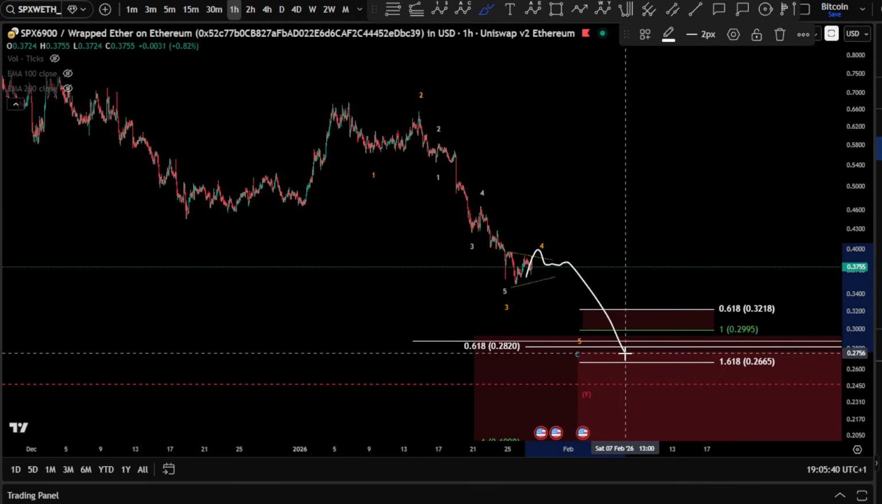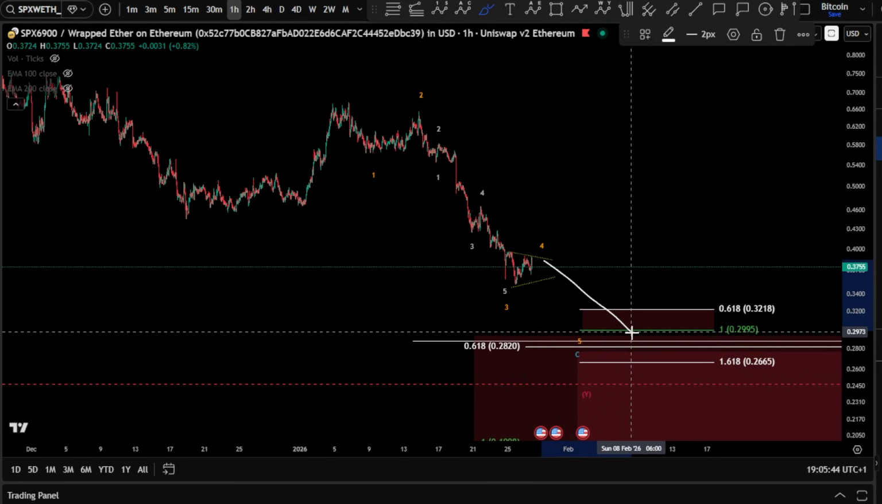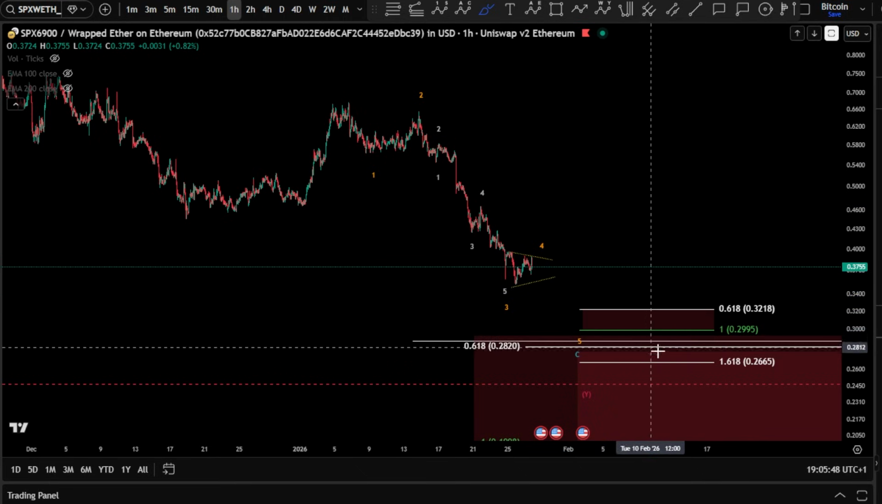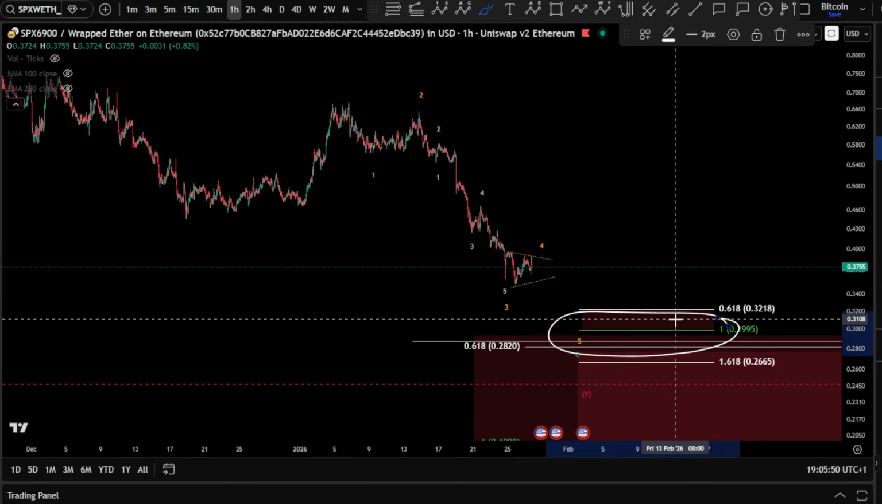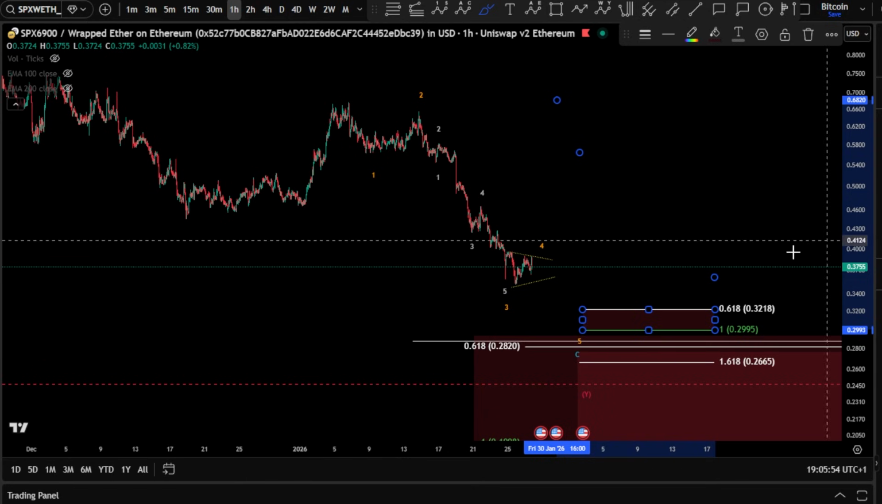In case it drops down, it can be even the most common target, 0.29, which is very, very close to this area, guys. And definitely this area is going to be a hit there. All right, so that's it regarding